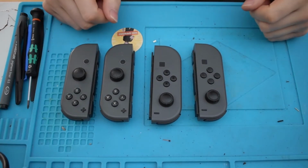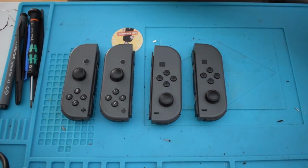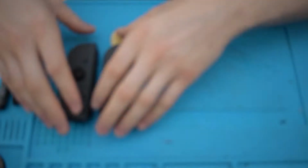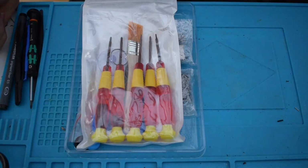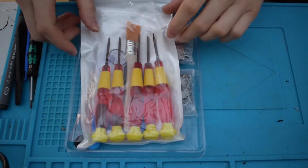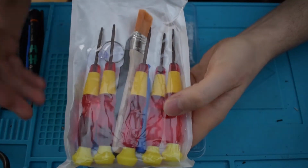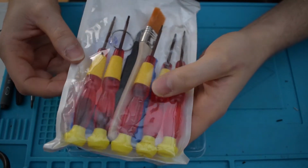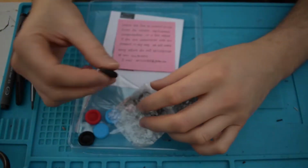Right, so here's the 4 Joycons. What I've done is buy a kit off Amazon for $8.99, and what I'm going to do first is just show you what comes with that kit. I'll do a link down below. You get the screwdrivers you need, a paintbrush sort of thing so you can clean out debris, a couple of spudgers and a pair of tweezers and stuff. Times 4 analog sticks,